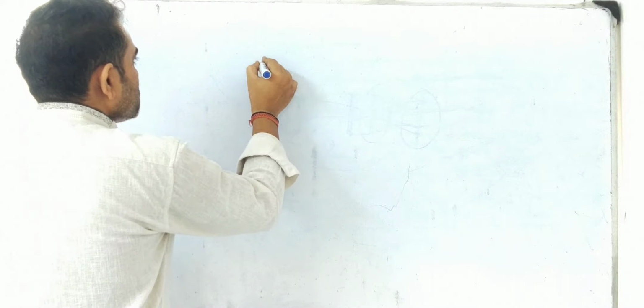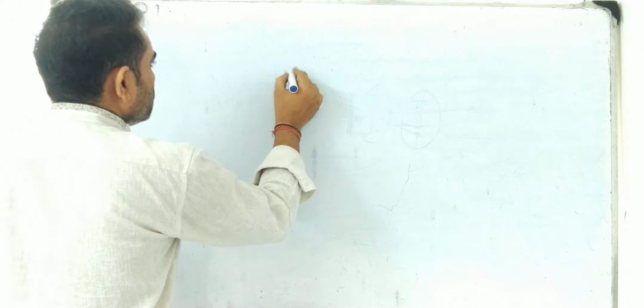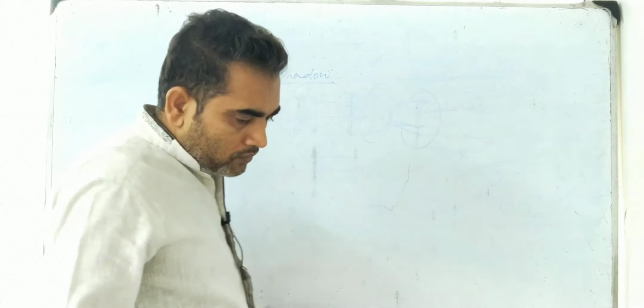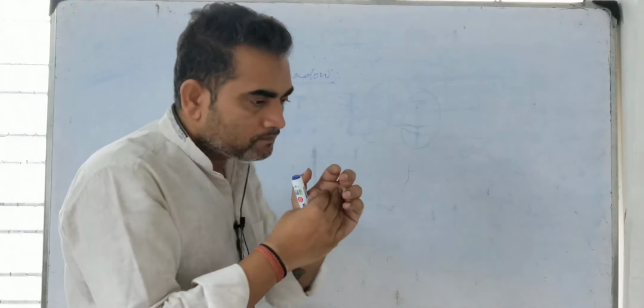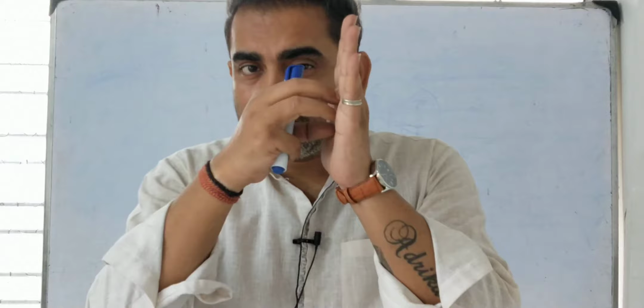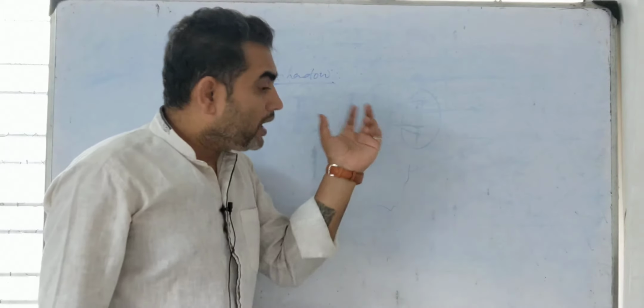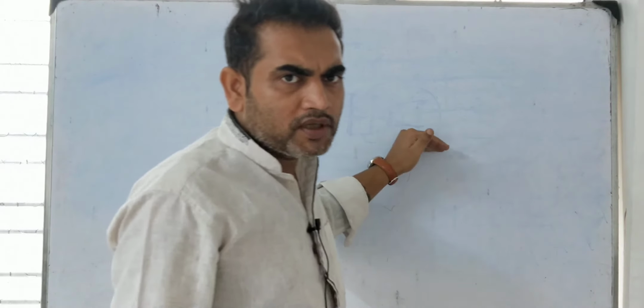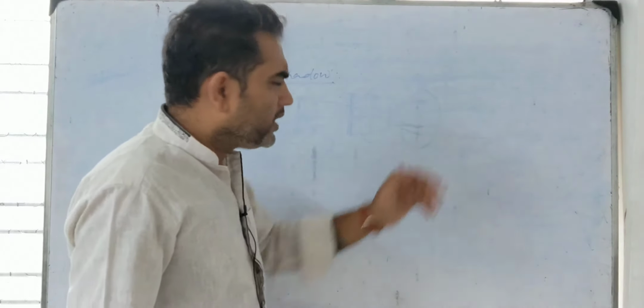So the pinhole camera we understood. The next topic is the shadow. What is that? Shadow. So shadow is the next topic we have. What is shadow? Okay, let's discuss. Whenever an opaque object is placed in the path of light, suppose we have the source of light here and we are placing an opaque object, there is a topic on the different types of objects: transparent, translucent, opaque. We haven't done that topic, we will do it later.